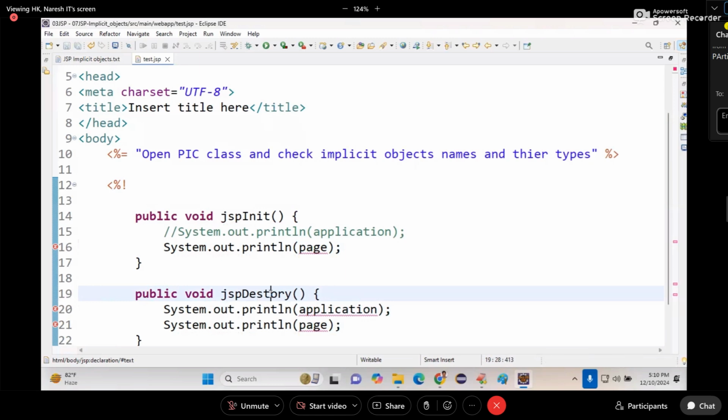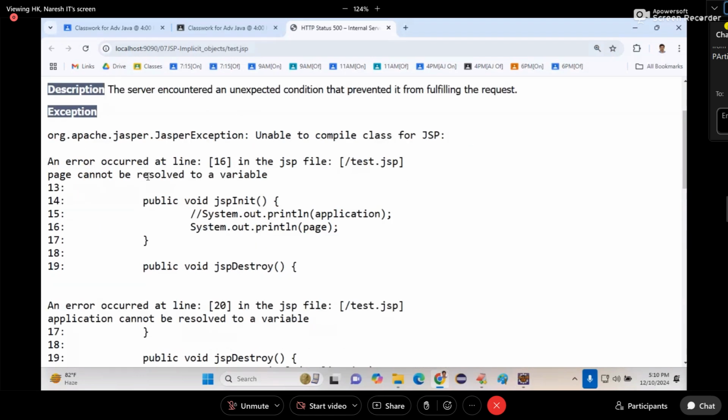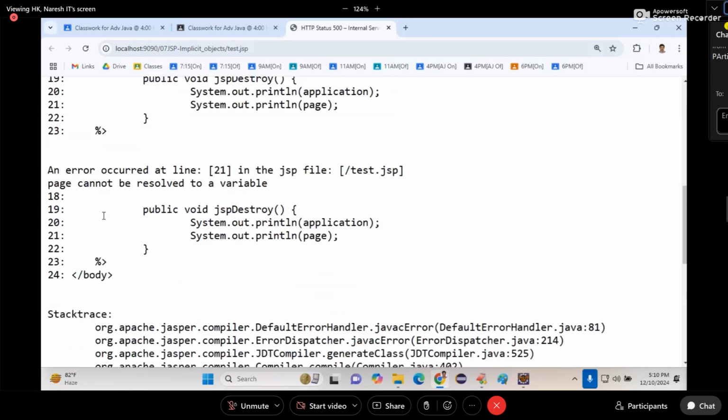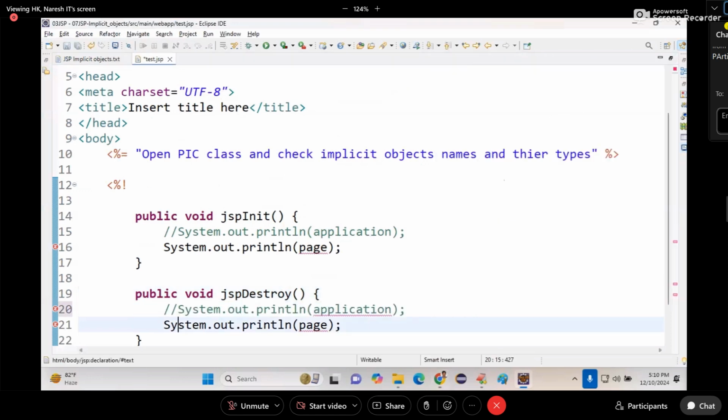Go to the browser, refresh. Okay, again I got an error. Page cannot be resolved. Application cannot be resolved. Page cannot be resolved. So the implicit object reference variables are available only inside